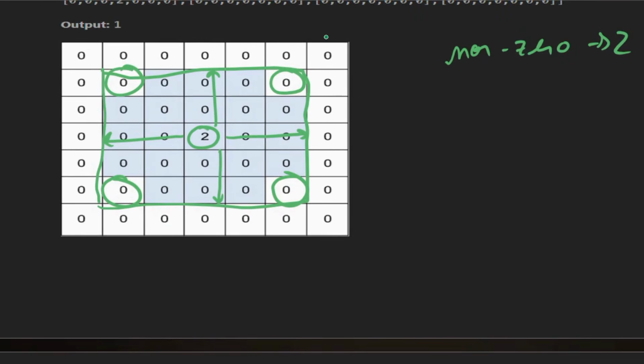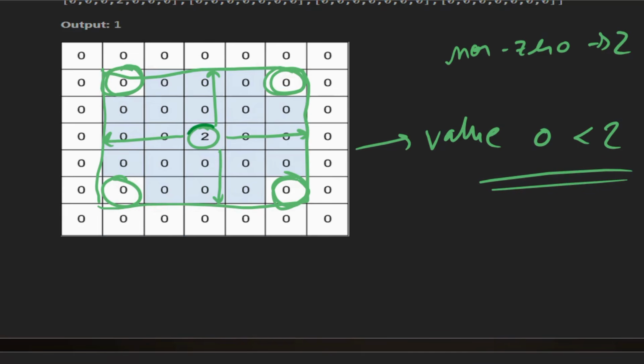So in this square it will see all the cells except the corner cells. Now we see all the cells have value 0, which is lesser than 2. So now this cell is basically a local maxima.